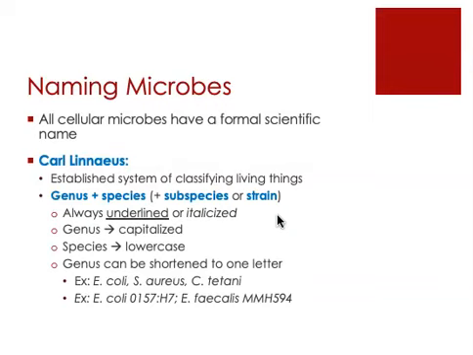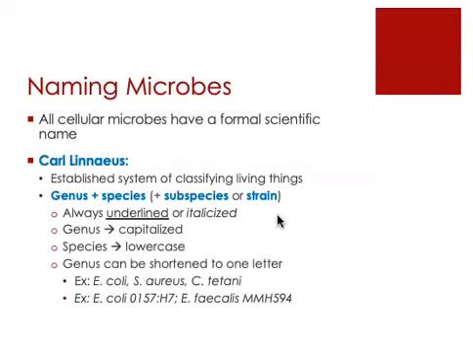Every year it seems like there's a report of an outbreak of E. coli O157:H7 causing disease in some local group of children. And it's terrible. These kids go through a terrible ordeal trying to recover from this illness. So the O157:H7 is the name of the strain or the subspecies of E. coli that causes that disease. When we look at particularly bacteria, it's very common that an organism has both a genus, a species, and a strain name. So something that we need to keep aware of as we move forward this summer, learning about the